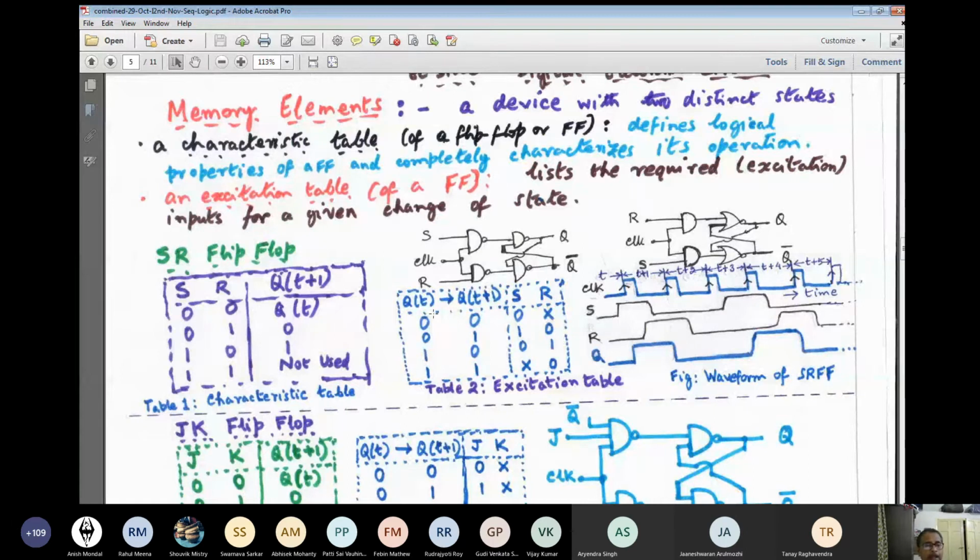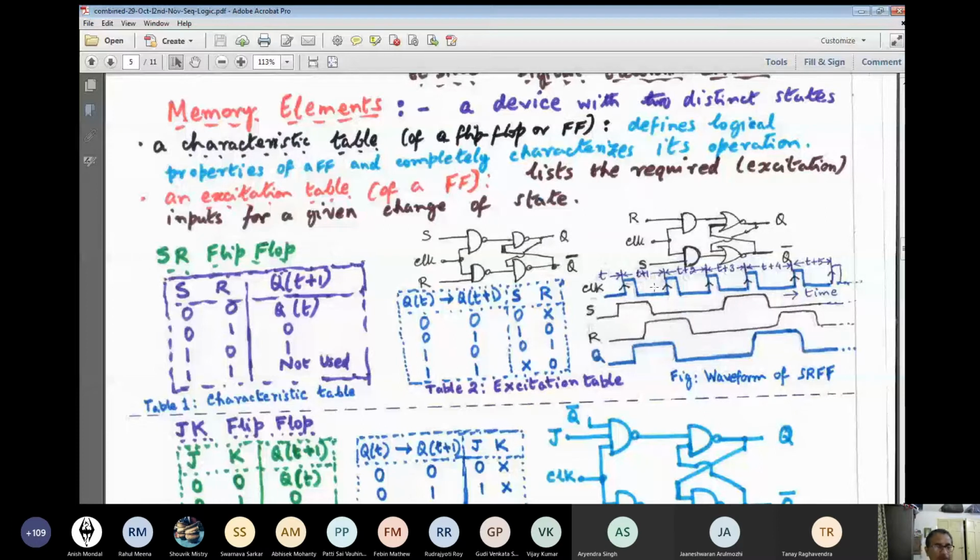Clear? On the other hand, now the output is at 0, and I want it to go from the clear state to the set state. Then what is the requirement on the two excitation inputs? It is that S should be 1, whereas R should be 0. Clear? This is very definitive. That means S must be 1, R must be 0. On the other hand, if at present the state is 1, and I want it to go to the reset state, then it is required that S should be 0, R should be 1. It is also definitive.